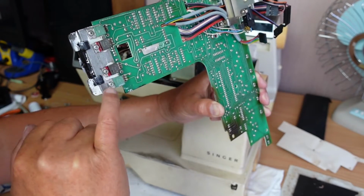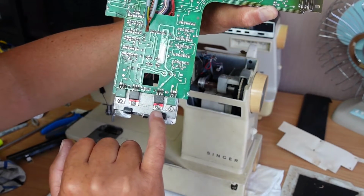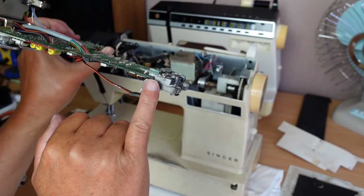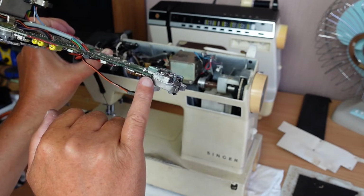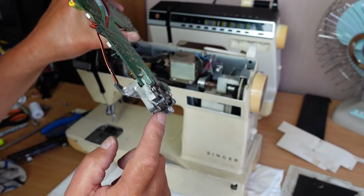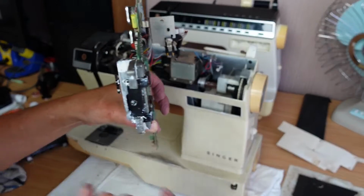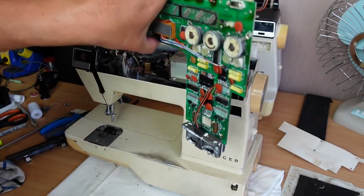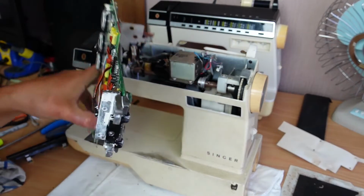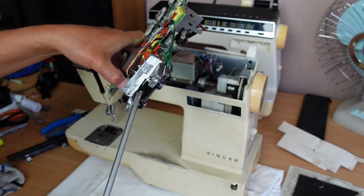This here is clamping onto the board, clamping these transistors, I assume, onto the main board. You might be able to see there how the board slots into this groove here, and that screw there, if it's loosened, allows the board to slide out of this unit. So I didn't actually need to take these 2 screws out here, and I can't get it back in with this unit on here. So I'll just show you how this all works, and we'll go ahead,